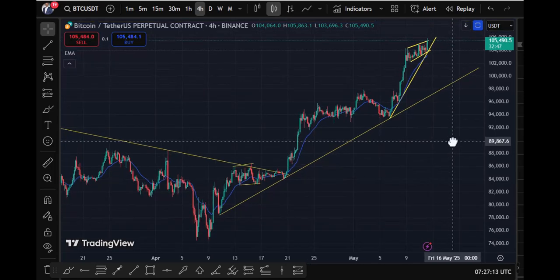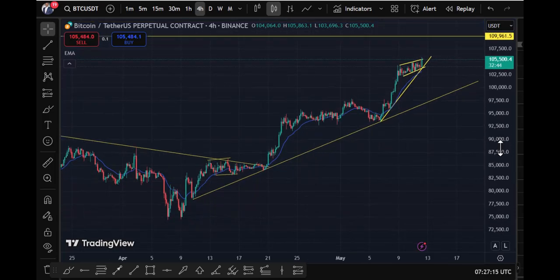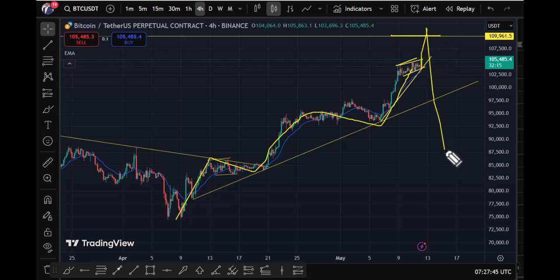So here we have this. If you look at the market critically, we have seen an impulse here. We have seen an impulse, a correction, an impulse, a correction, an impulse. So this breakout that is happening this morning, guys, if it holds, definitely this is going to be the breakout that will break this all-time high. And bear in mind, once this all-time high is broken, guys, there will be a reaction. A lot of guys will sell, so there might be a spike down and then a spike up.